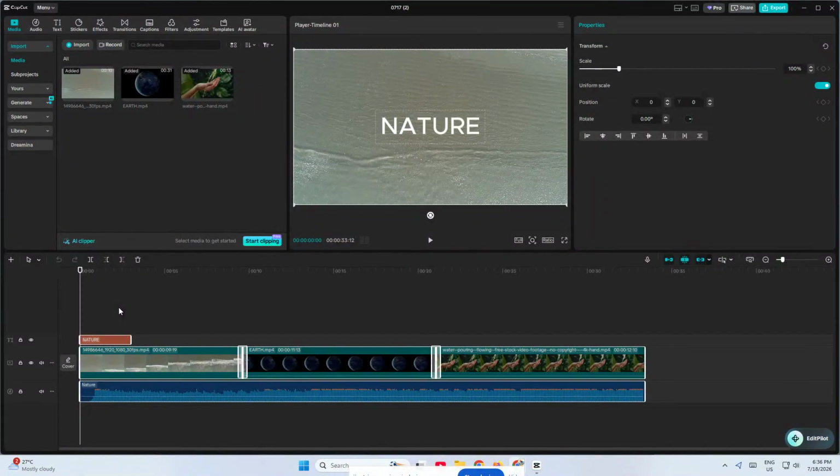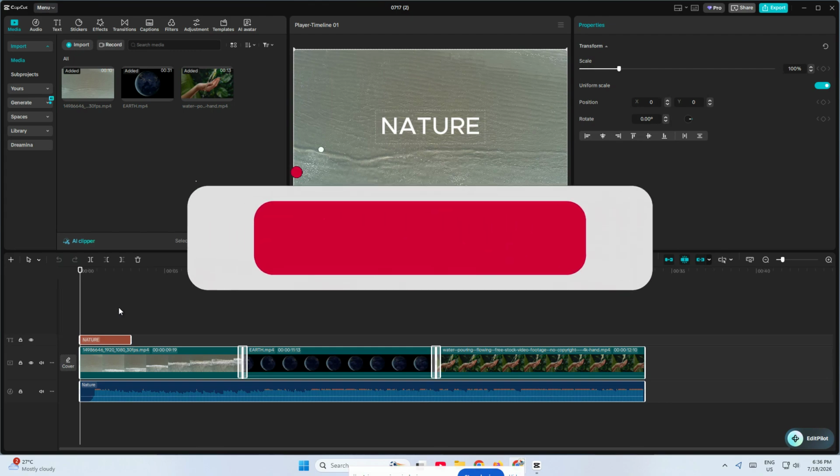If you've ever exported a video from CapCut and noticed the colors looked a little off, washed out, or just not quite right, this quick tutorial is going to help. Today I'm going to show you how to set Rec. 709 in CapCut the correct way, so your video colors stay consistent from editing to export. This is especially important if you want your final upload to look clean, professional, and accurate on YouTube and other